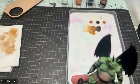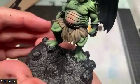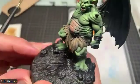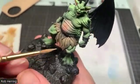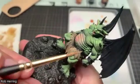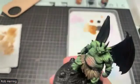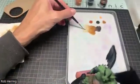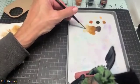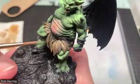Like I say, I'll reinforce the fact that you can leave it exactly like this. This is perfectly okay. It looks pretty decent. I'm going to try and get a little bit more out of it for my purposes to keep it in tone with the rest of the figure in the way I've painted that. It certainly gives a totally different texture in the skin, doesn't it? Yeah, well, that's the thing, like I say, I'm now going to do some